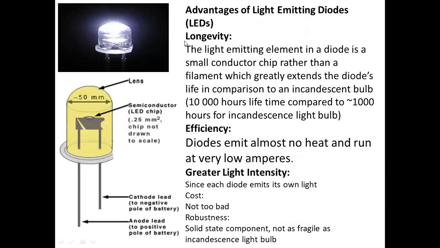Advantages of LEDs and all the things. Here, this is the LED lamp. Without turning it on, it looks like this. Here the lens is there actually. This lens gives the light, and it will increase the light intensity. See here, this one we call the LED chip. Can you see the small circle? The light comes from here. The semiconductor is called the LED chip, and the light comes from here.